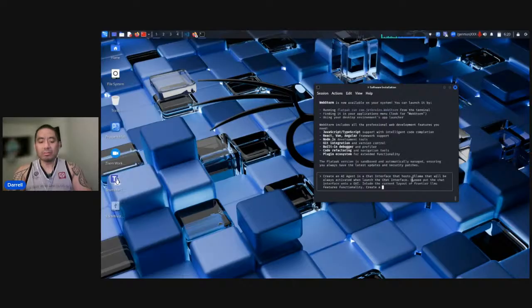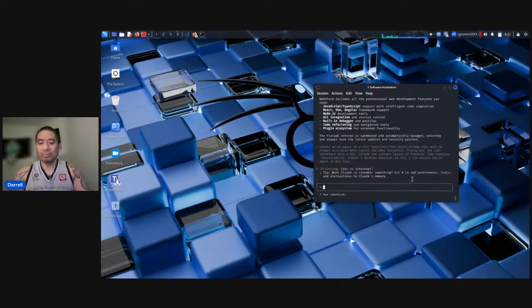Create a desktop shortcut so that I can access the AI agent at any time. So let's hit enter and see what it does.